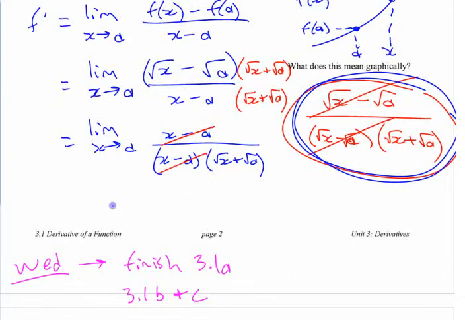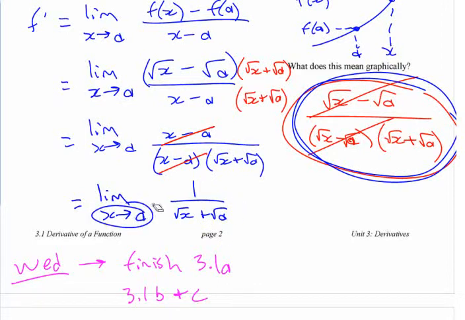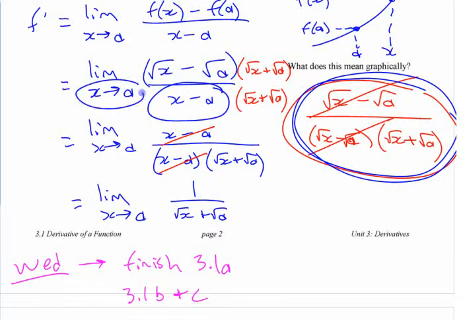And what am I left with here? Either way you do it, you're left with 1 over square root of x plus square root of a. And at that point, then you can evaluate the limit because it's not 0 anymore. The reason you couldn't do it up here is if you let x approach a, meaning if you sub it in, if you put a in for x,